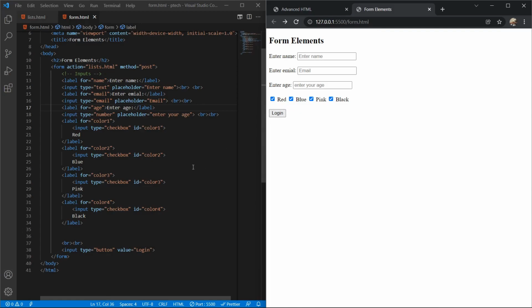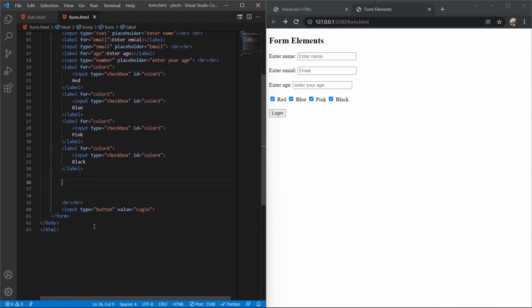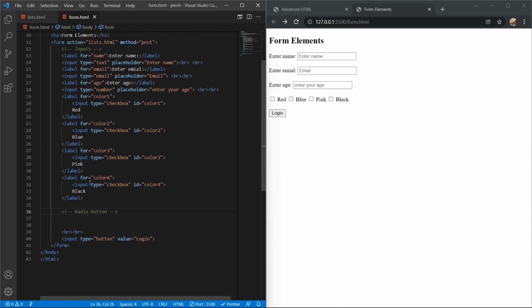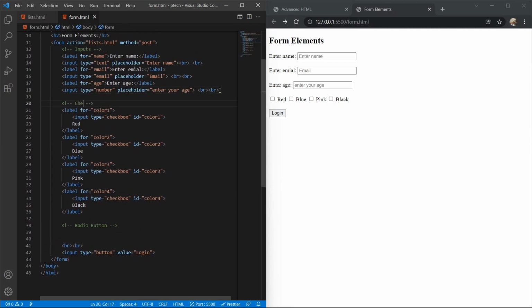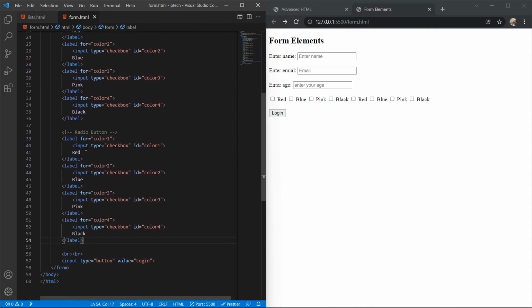What about when you want the person to select only one from the list we have inputted here? That's when we use what we call radio button. So let me copy this, come down here. This is for radio buttons. Now here is for checkboxes. So for radio button, I'll copy the checkbox and paste here,